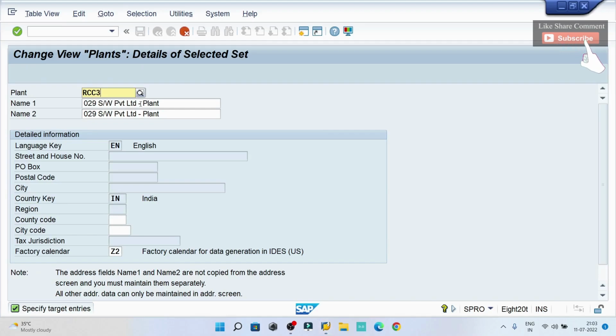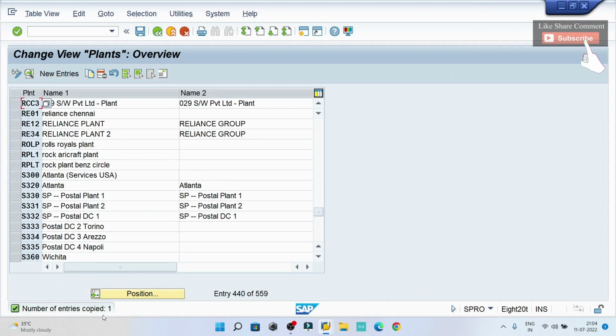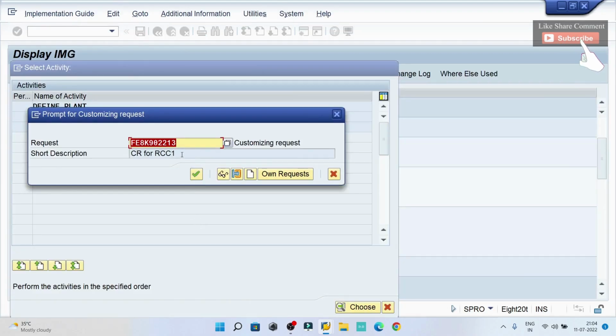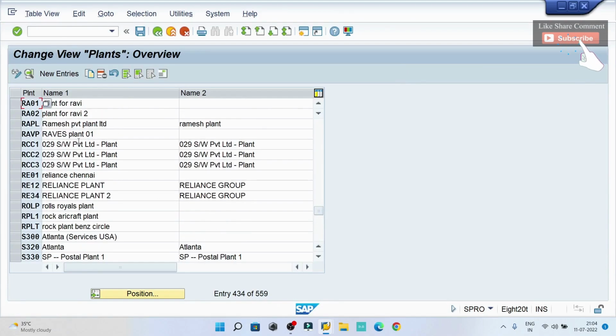There are two ways: either we can select the existing entry and do the copy, or we can use the new entry option as well. I'm going to create one plant by using the copy method. In the screen, things already got populated because I am using the copy approach. So this is very simple. You can see RCC3 has been completed for me. Now the moment you save, the system will ask for the CR, so we need to use RCC1. Click OK. In this way you can see my plant got created,